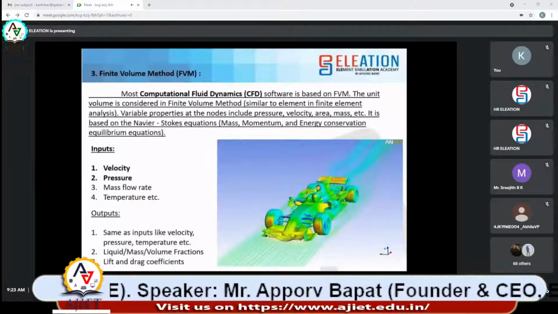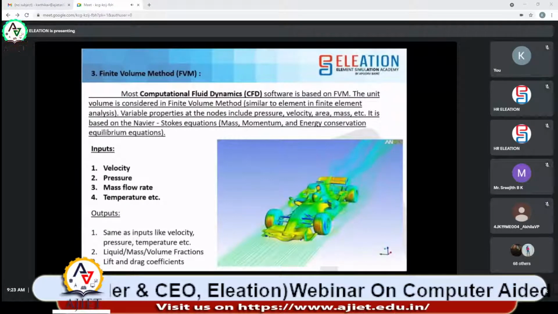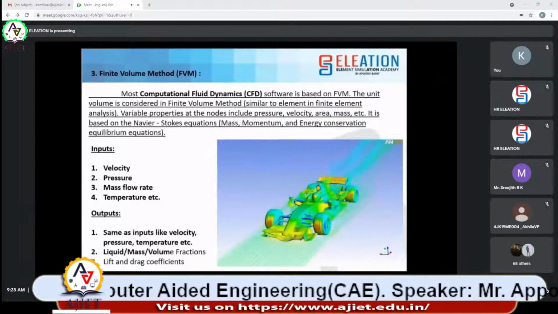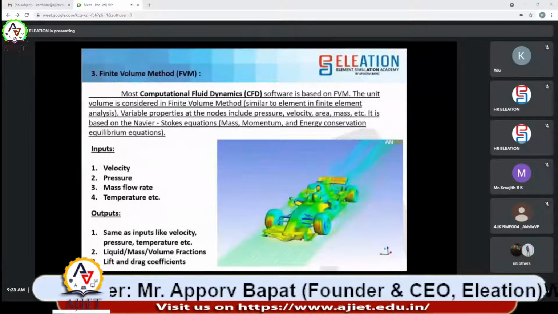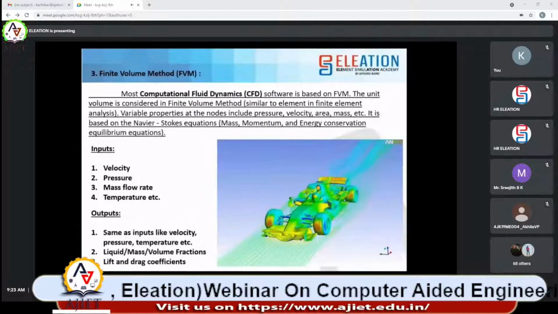The inputs which you can give in finite volume method are velocity, pressure, mass flow rate, temperature, etc. The outputs which you can get from finite volume method are velocity, pressure, temperature, liquid mass, volume fraction, lift and